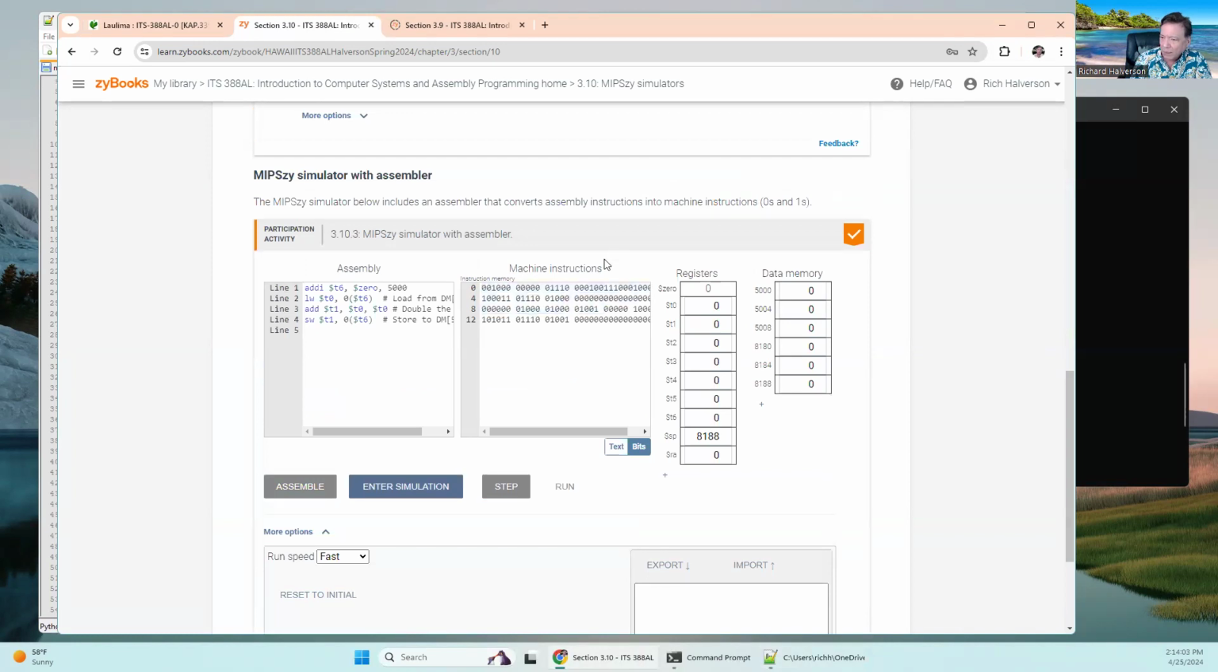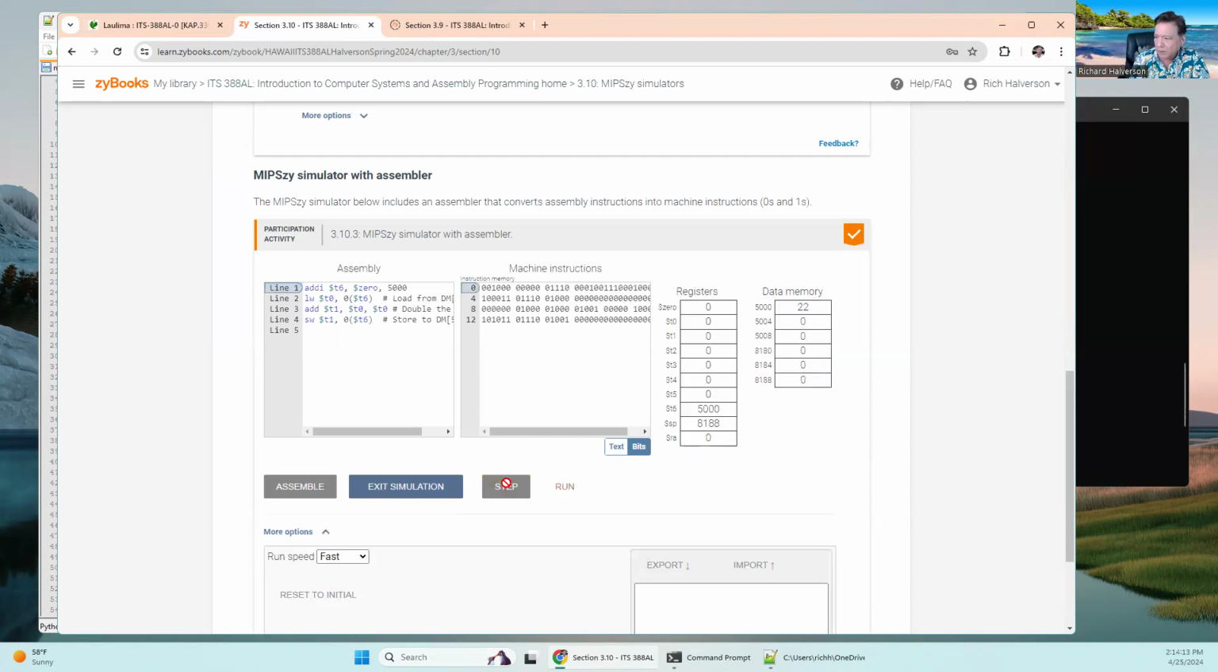Okay. And if we execute this program, and we can put 22 here, and we can enter the simulation, and we can step through it, and we can see that it does what it does, and it's done. Oh, and then it starts over again. Okay, so let's modify this program a little bit. The first thing I'm going to do is